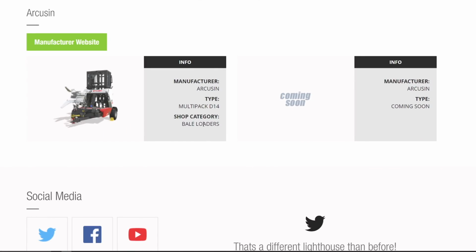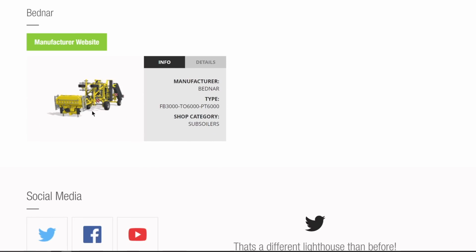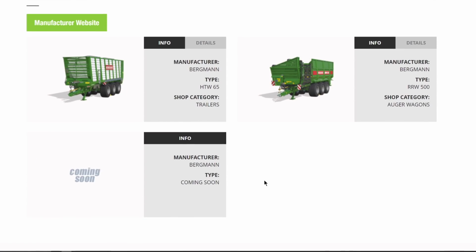From Arcusin, we have their multi-pack D14, which I think does baby bells. We were kind of looking at this with Clutch last week, and I think this does baby bells. Kind of exciting. Plus, more to come from Arcusin there. From Bednar, nothing too crazy, just their 6-meter subsoiler that we got in Farm Sim 19. From Bergman, we have the HTW65 and their